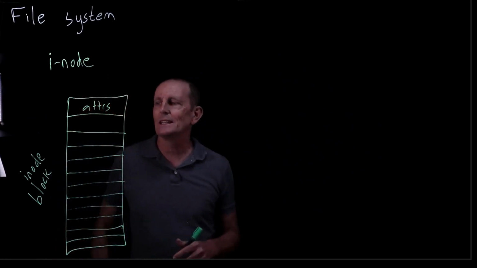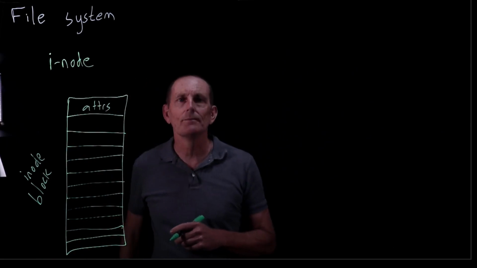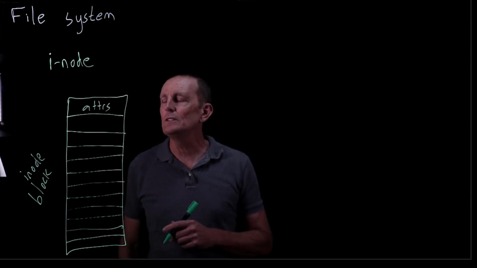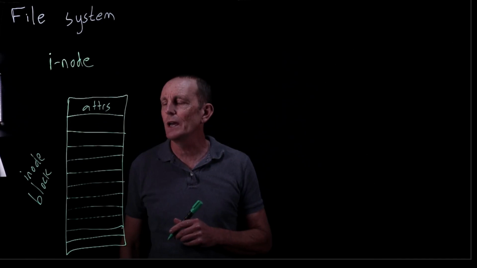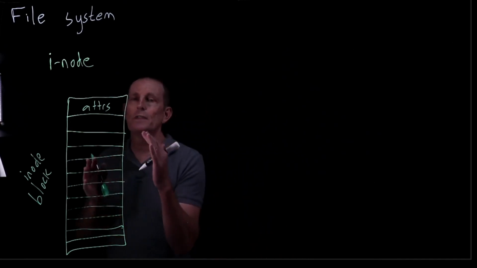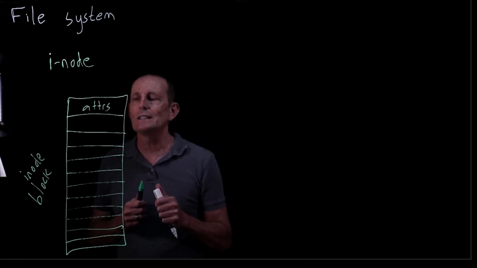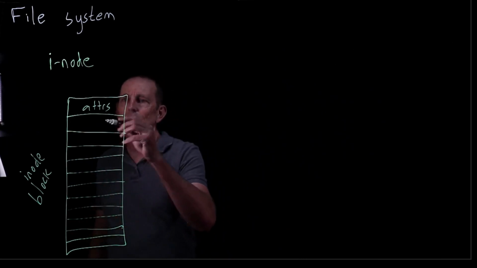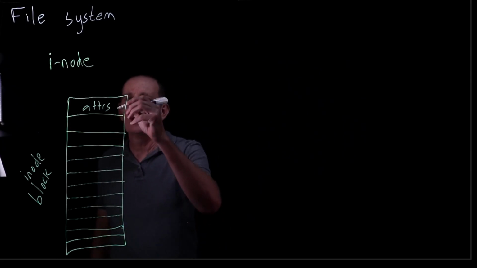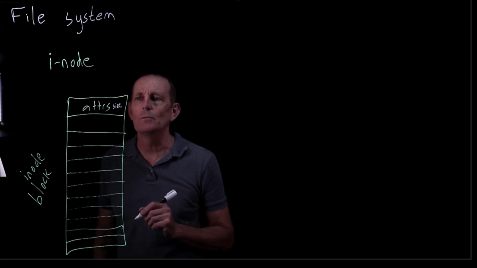It's basically whatever amount of space is left after we have the attributes that we need. And what we do then is we just go ahead and put block numbers in here. So this represents the contents of a file. The attributes are some metadata about it. One of the attributes, in fact, will be the size. So that's how many bytes it's going to be.